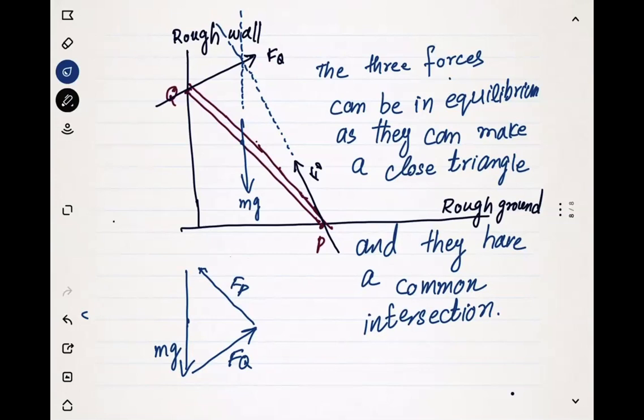forces should be passing through the common intersection. So for the equilibrium of three forces, they must make a closed triangle and they must have a common intersection. Another case,